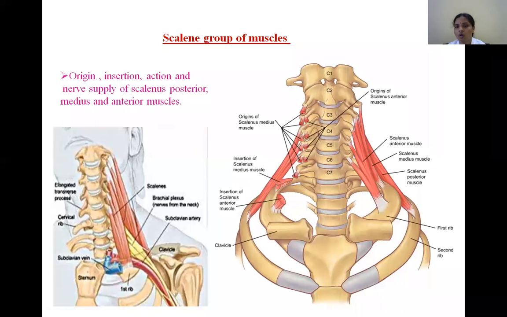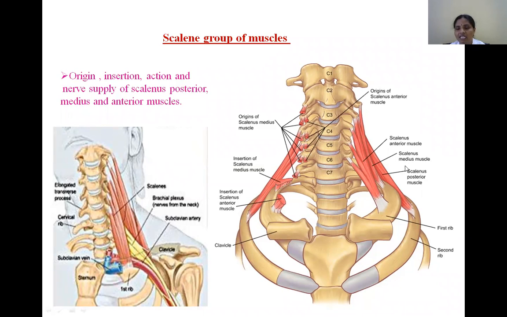rib. So you can appreciate and one can identify the medial border, the inner border of the first rib by means of a tubercle. So if you find out that tubercle, you can appreciate the side also, right? So exactly at the middle point of the inner border of first rib, there is a tubercle which is known as Scalene tubercle. From the tubercle it extends onto the superior surface. There is an insertion of the scalenus anterior muscle.